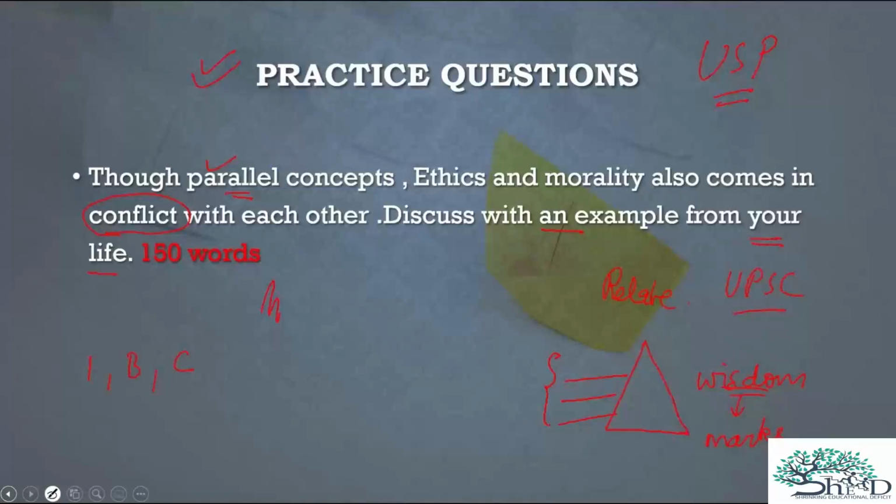Before starting the answer, I'd like to tell you that for ethics, writing is a bit different, because at the max you have to write 150 words. In exam pressure and exam time limit, you should restrict yourself to at the max 130 words. See, people don't tell this, because in test series you don't come to know this. But when you go in the real exam, if you aim to write 150 words for every answer, you will not be able to complete all the answers.